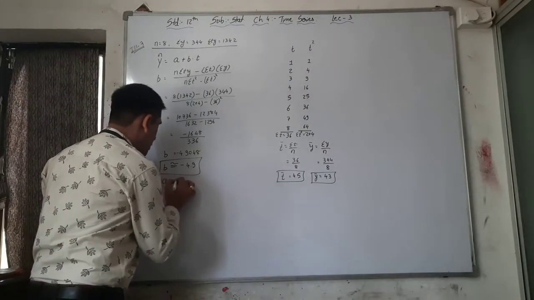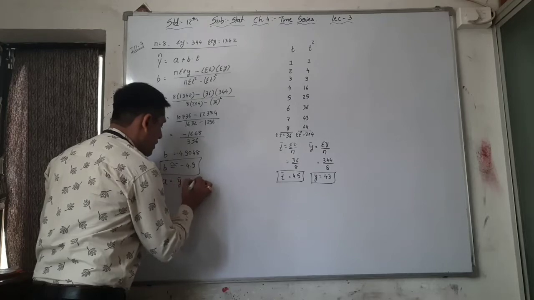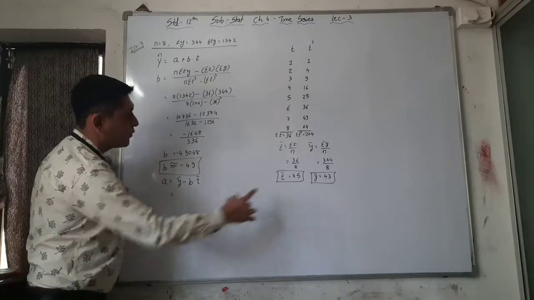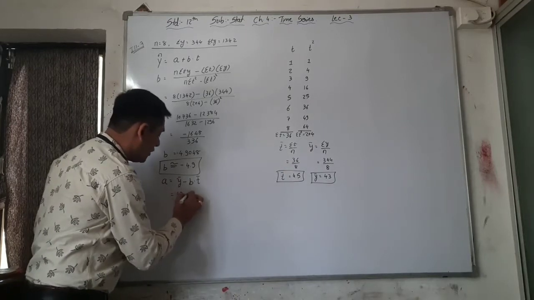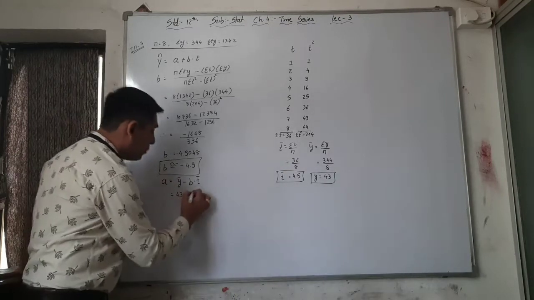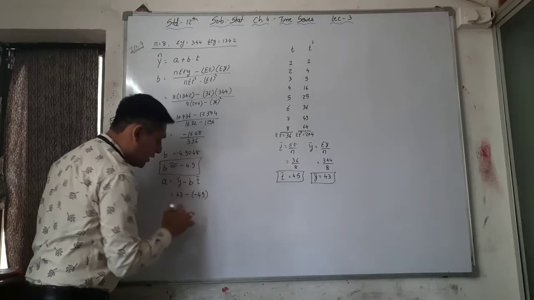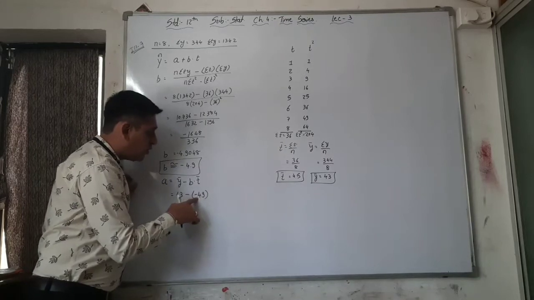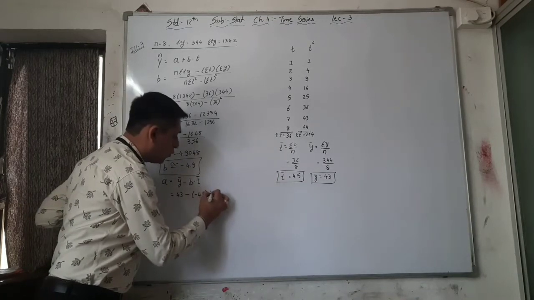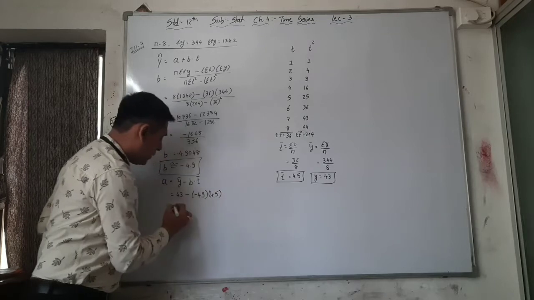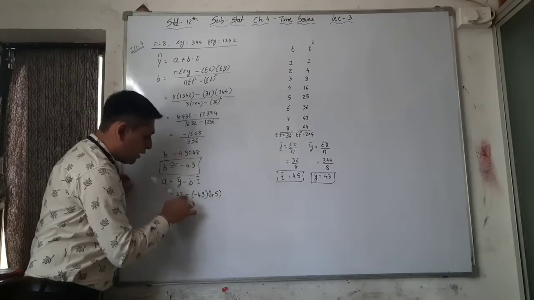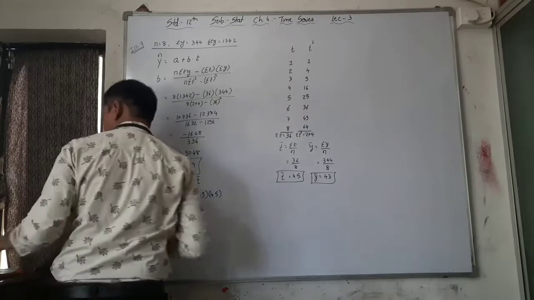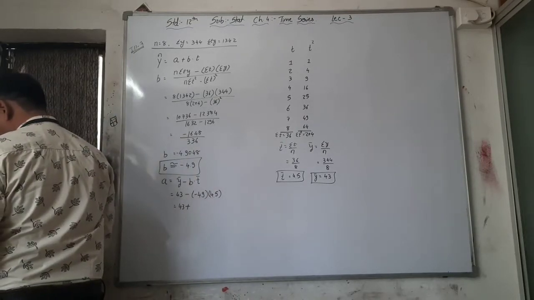Now a is equal to y bar minus b into t bar. What is your y bar? We found the y bar, that is 43, minus, what is your b? Minus 4.9. Here we have to write it in brackets because here is minus and here also minus. Then t bar is 4.5, multiplied with t bar. So first of all 43, here minus minus is plus. So 4.9 into 4.5, multiply this,